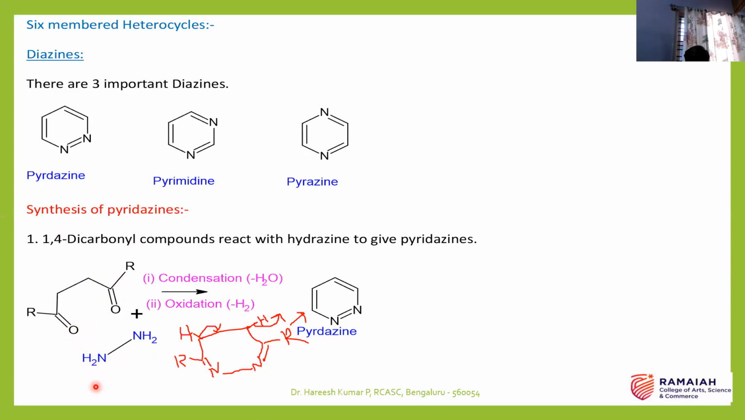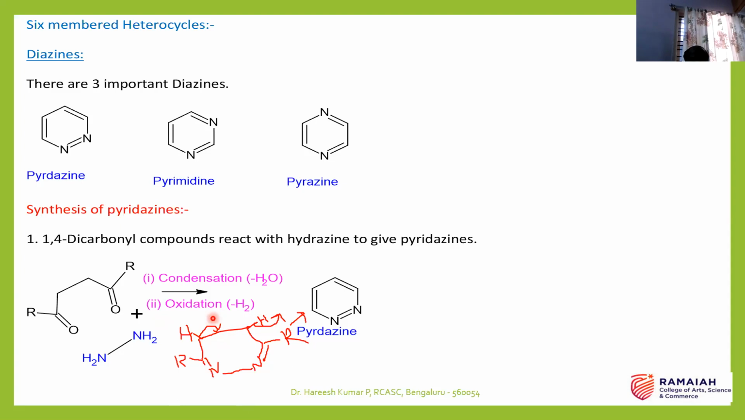Condensation means removal of H2O. If there is a removal of water, what will be the formation? The formation will be C double bond N. There will be a new bond formation between this carbon and nitrogen, and H2O will go out. Two water molecules will go out. These types of reactions are called condensation reactions. Once condensed, this will be the condensed product, and this compound is then subjected to